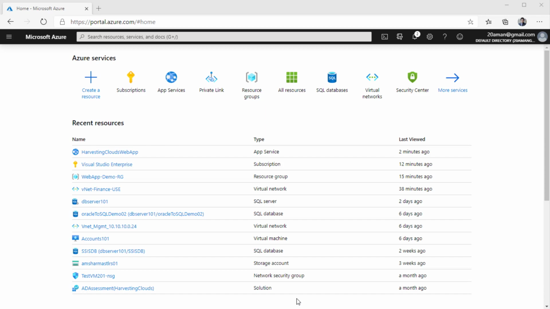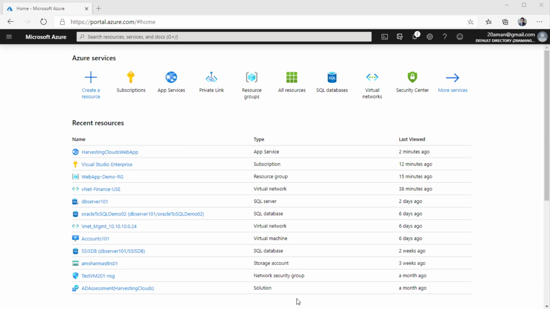To avoid any such unintended deletion or updates to the resources within Microsoft Azure, they came up with the concept of resource manager locks. Using these resource manager locks, you can restrict the resources so that not even the owner of the subscription will be able to delete or modify the resources. These locks apply to all users and all RBAC roles.